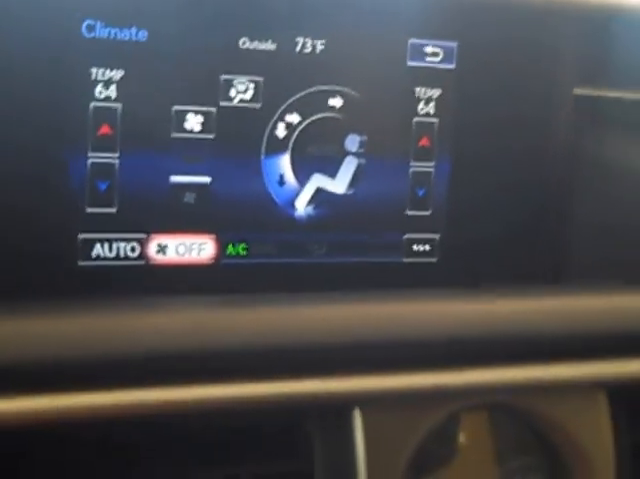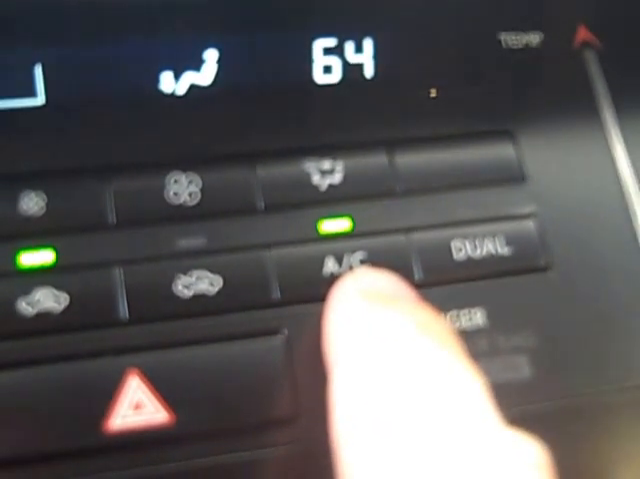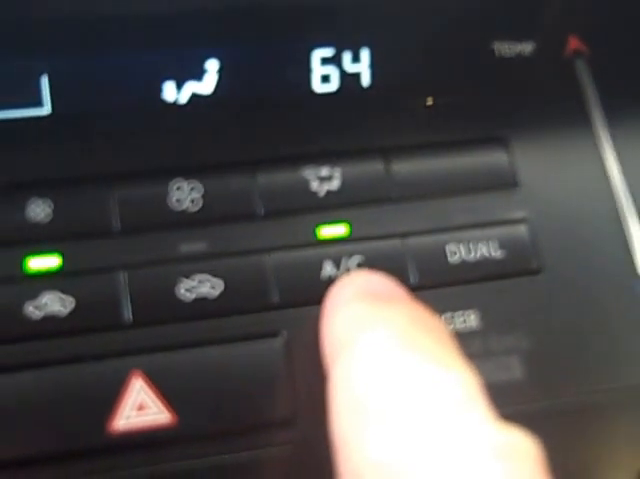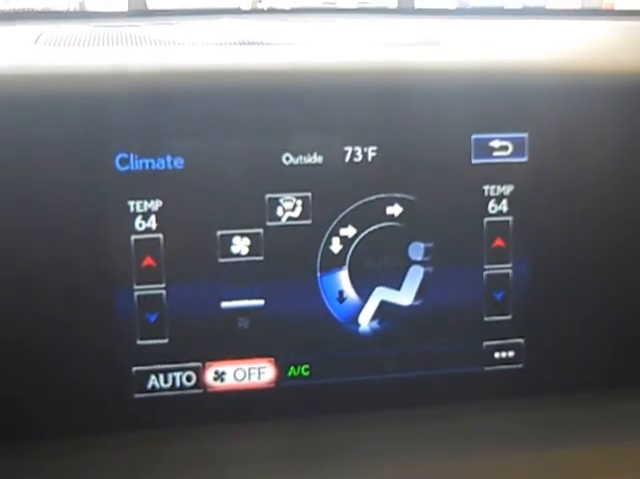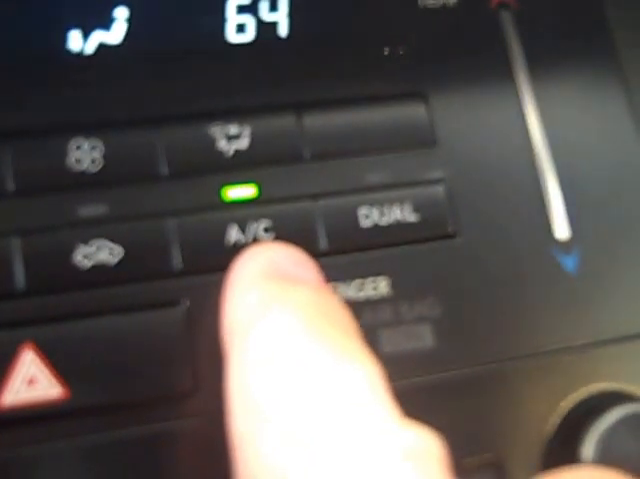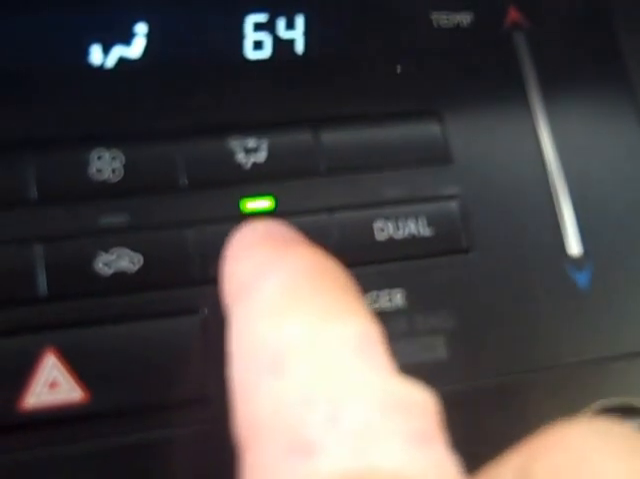And in this case, the AC button is found down here as well. Over the years, Lexus has put it on the screen on the navigation. They've now corrected it by putting it down here off of the main